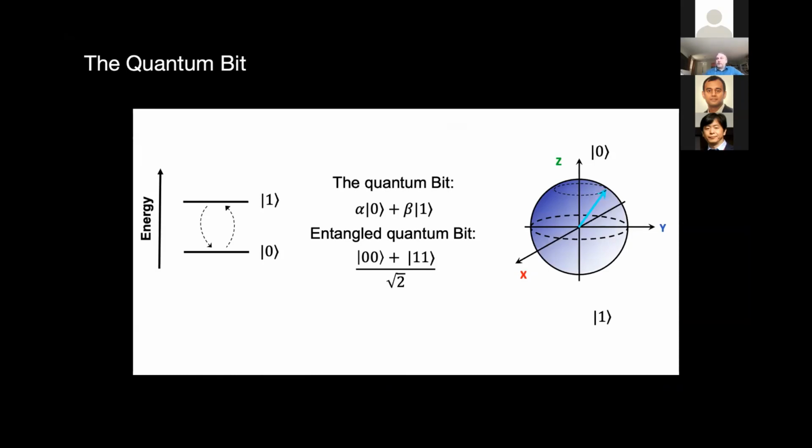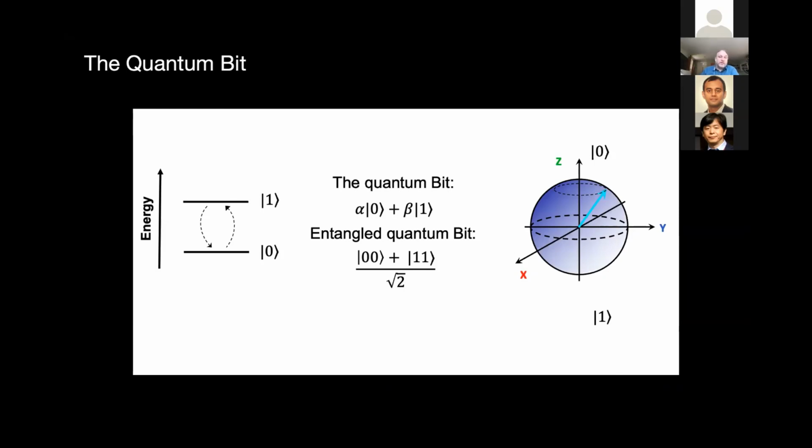Well, the first building block that you need is something called a quantum bit, or a qubit. This is a physical two-level system that can take on one of two states, which we're going to label 0 and 1. In a lot of cases, it's the ground and first excited state of some system like an atom or an oscillator. But the really cool thing about a qubit that makes it different from a classical bit is that we're going to isolate it so completely from the rest of the universe that we can actually prepare it in a quantum superposition of 0 and 1 and have it stay there.